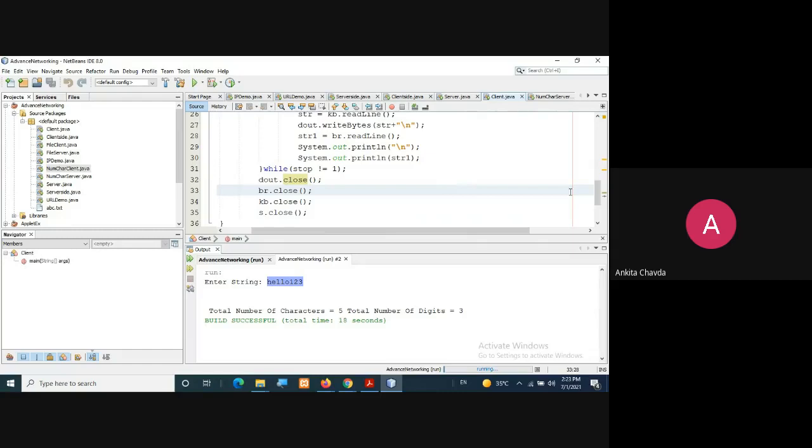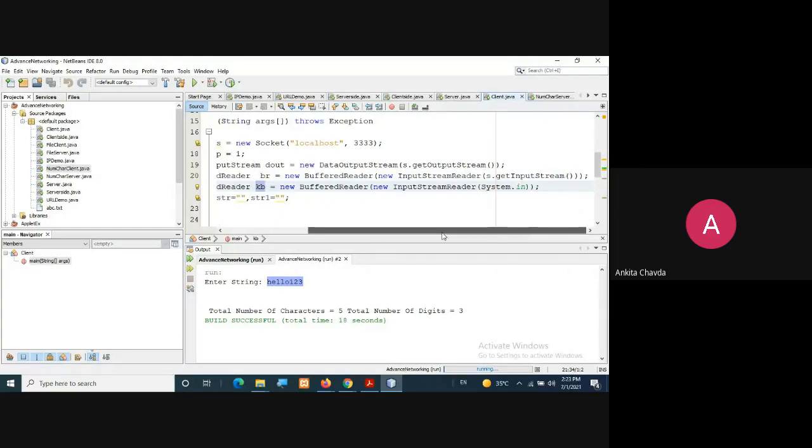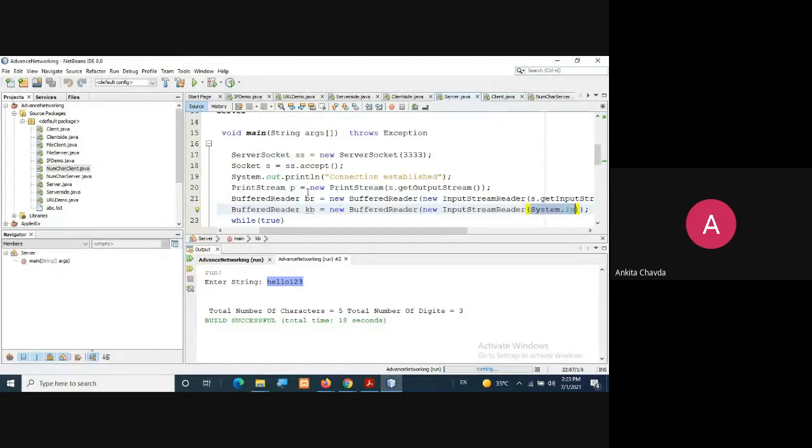Sorry, suppose if it is your client, here also we have taken the same names, BR and KB. So if the user is entering any data, this will be sent to the server. You can skip this for a while because here you are not taking any data from the server. Data is from the client side.